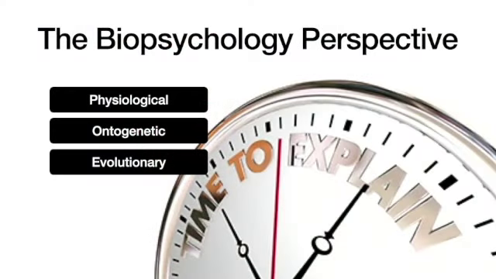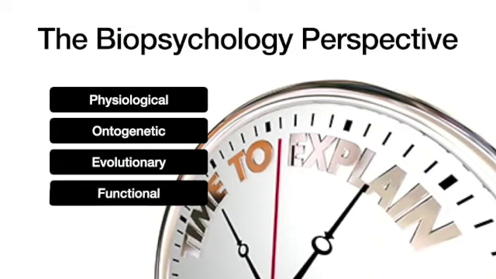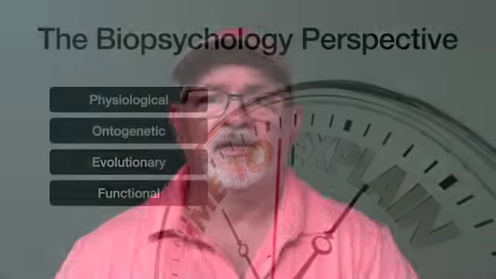Now, the next way that we can look at biological explanations for human behavior is functional. And of course, this really relates to the degree to which a particular behavior is adaptive for right now. Like, we need to be able to do this right now. Let's say some of our problem-solving skills. The behavior that we engage in problem solving, let's say, allows us in the modern world to think about things in a sort of abstract way.